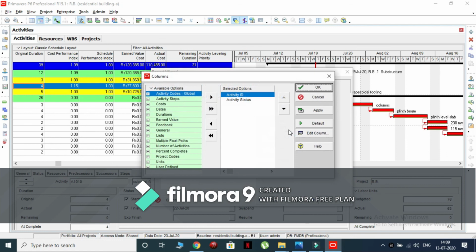Select columns option. Select the options like activity name, budgeted total cost and original duration and add to the list.